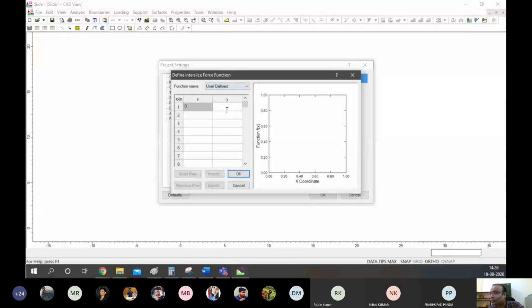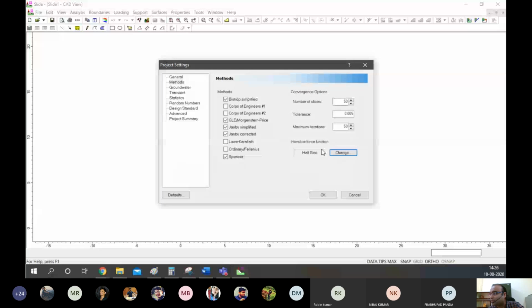That gives us basically a user-defined value of how interslice forces will act. But since we are not diving deep into what the forces are and how they are behaving, right now we use some preset equations that are already there.